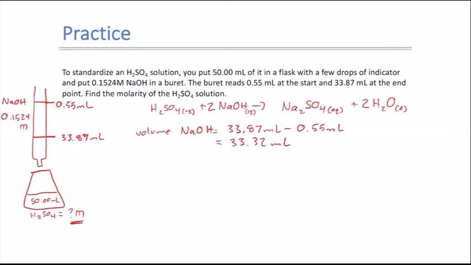So now I have a volume of sodium hydroxide. I have a concentration of sodium hydroxide. I have a balanced equation, and I have a volume of sulfuric acid. I have everything I need to figure out what the molarity is. Now that we have all this information, we can set up our calculations. So we're going to start with our volume of sodium hydroxide, 0.03332 liters. And then I'm going to use my concentration of sodium hydroxide,